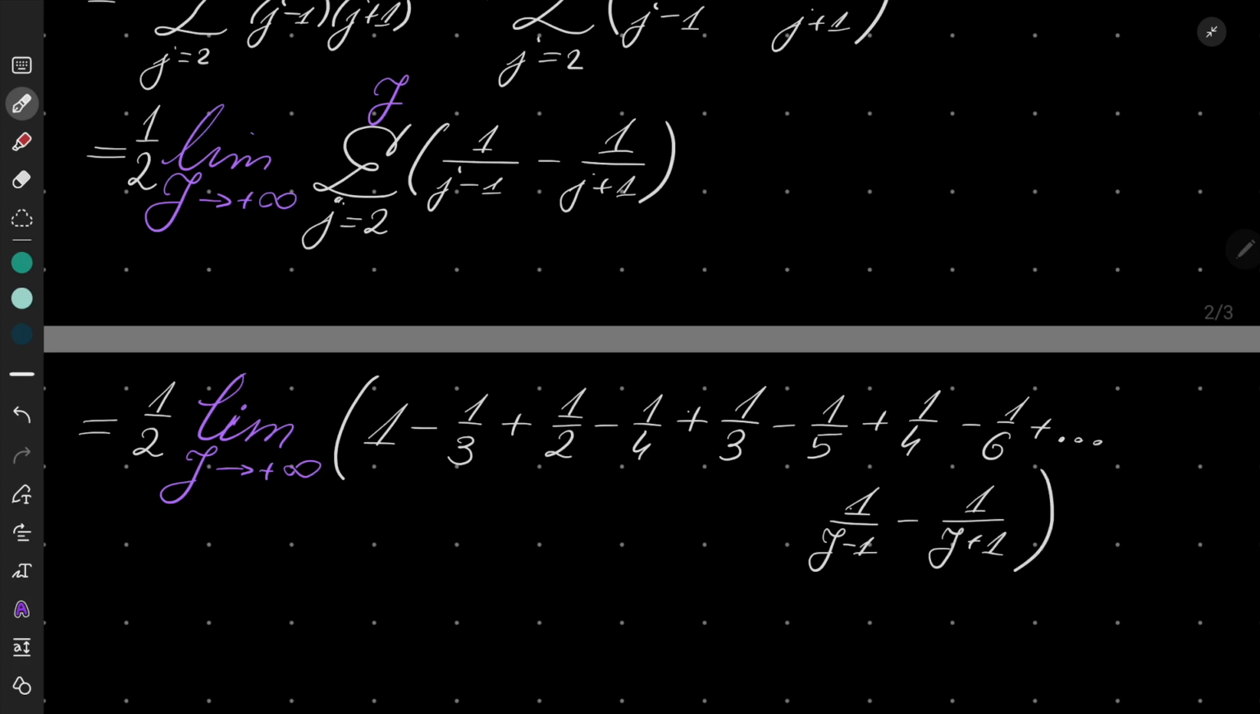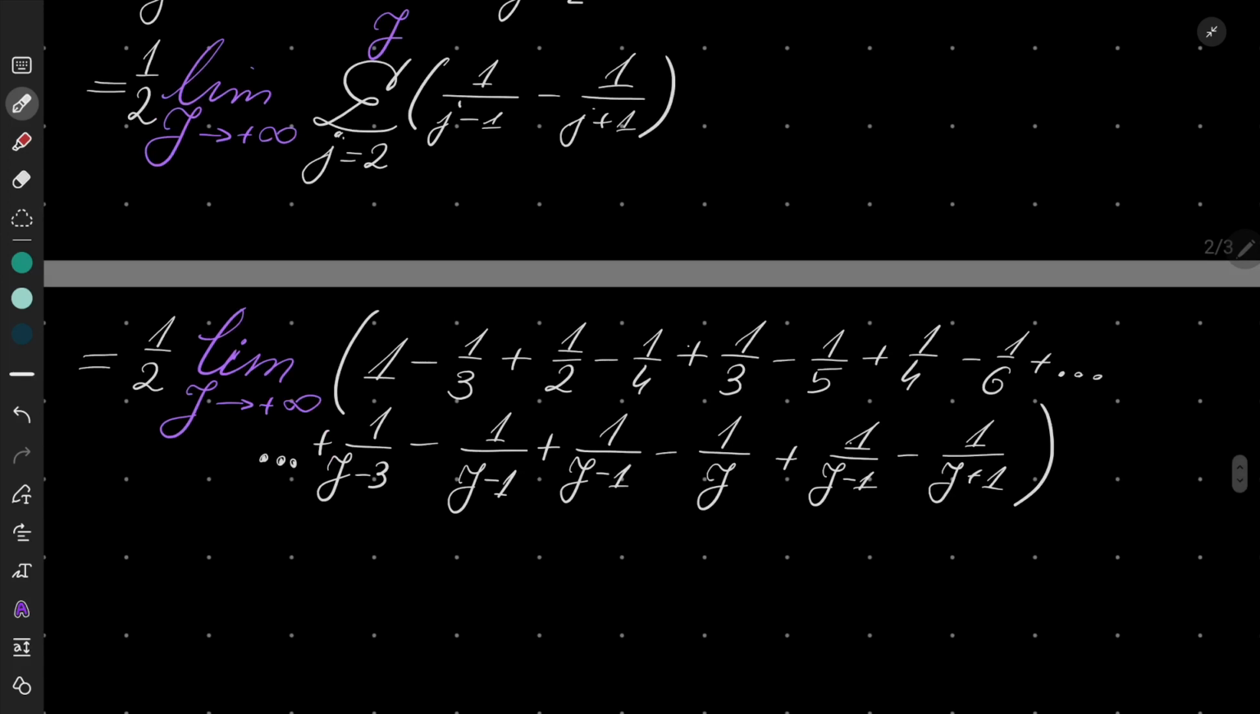But before these terms, there will be 1 over j, 1 over j minus 1, and here we'll have 1 over j minus 3, and so on. And let's see what's happening. Again, lots and lots of cancellations. Minus 1/3 plus 1/3, minus 1/4 plus 1/4. 1/5 will cancel with one of the terms inside our ellipsis. And again, everything will probably